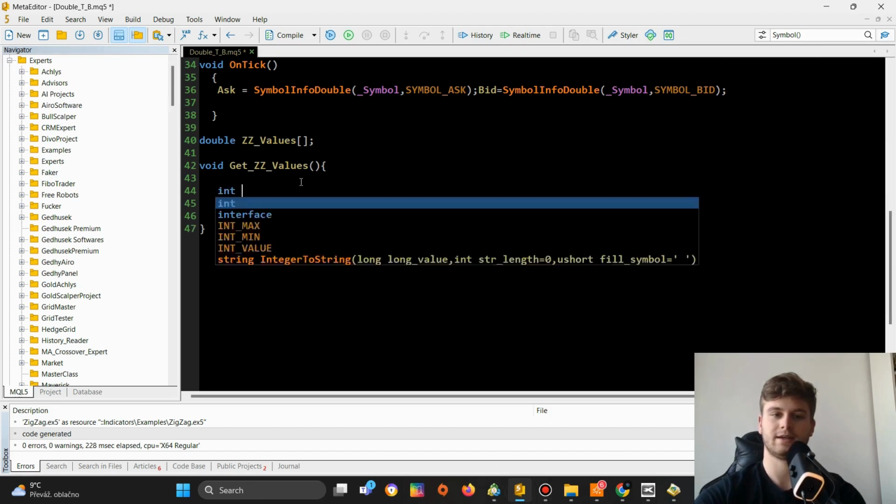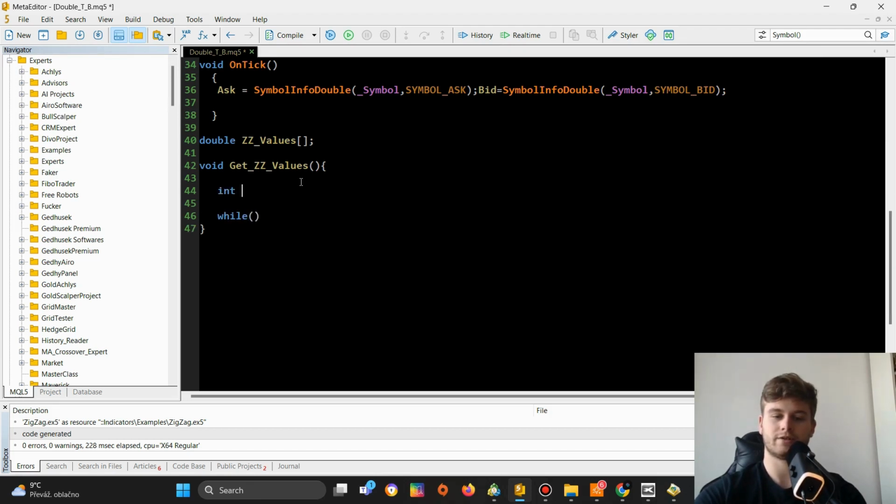So I will create an integer variable called found values, which is initially set to 0 because we haven't found any value, and we will use this found values variable as our condition. So while found values is equal to 3,